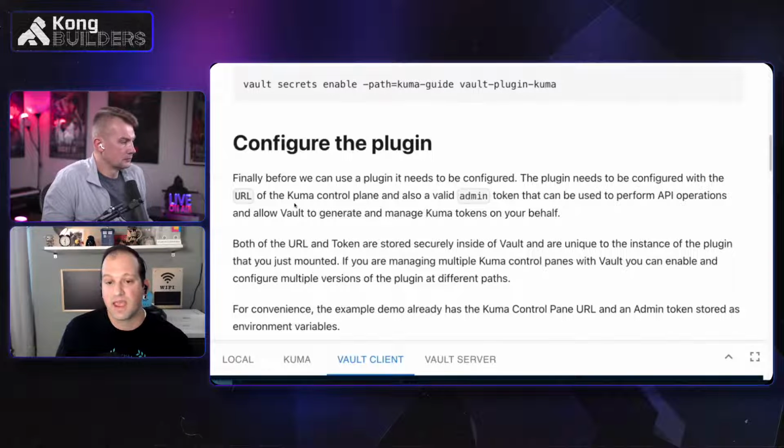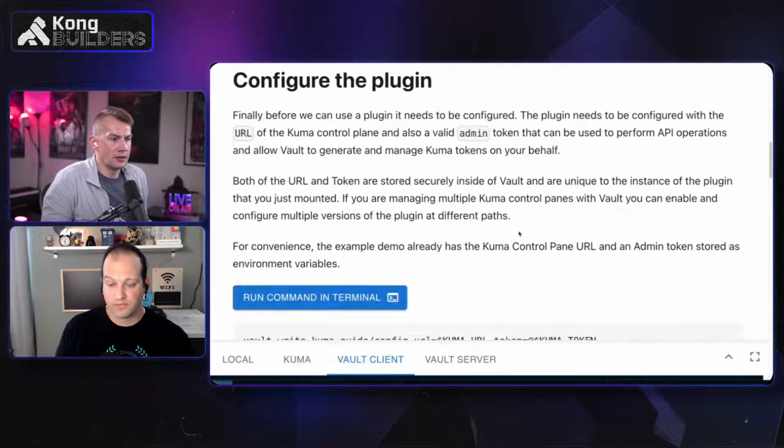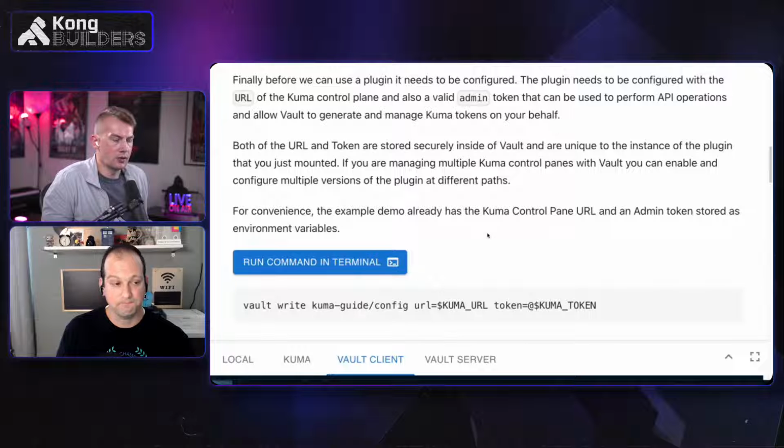So we have to add in the URL of the control plane, and then we also need to give Vault a valid admin token that it can use to actually perform API operations against the Kuma URL. So it's a part of the plugin. So when the data plane will be requesting, underneath, the Vault will do what's the word I'm looking for, like an admin, godlike mode call.